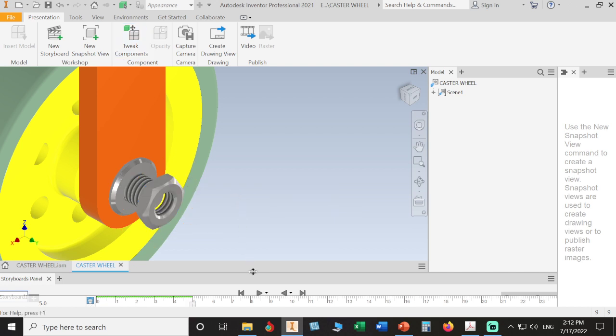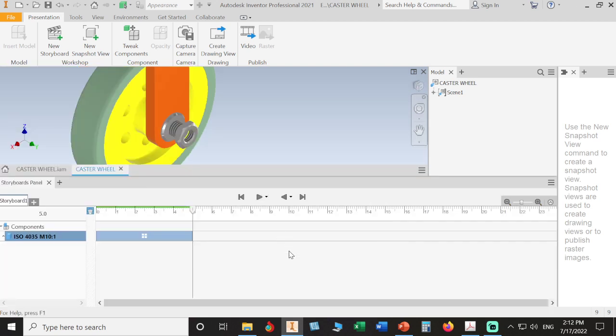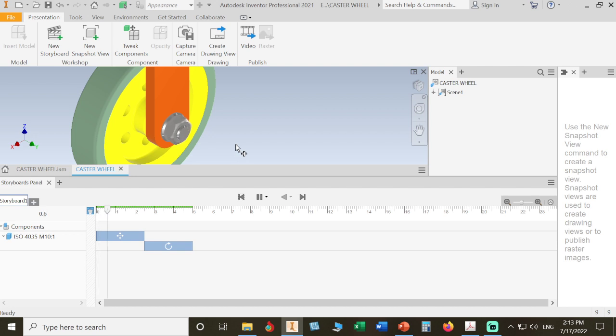Just see what's happened in our storyboard. And then this is my storyboard. I can't see it. What's this here? Oh, okay. All components. And here we have move, we have rotate. Let us play, go back and play our